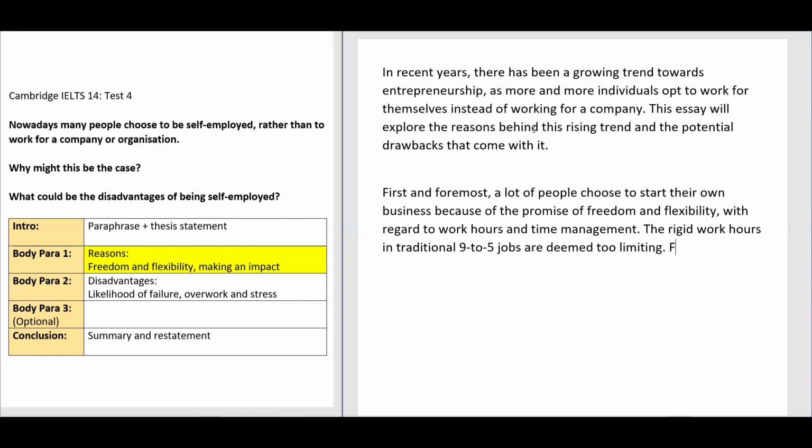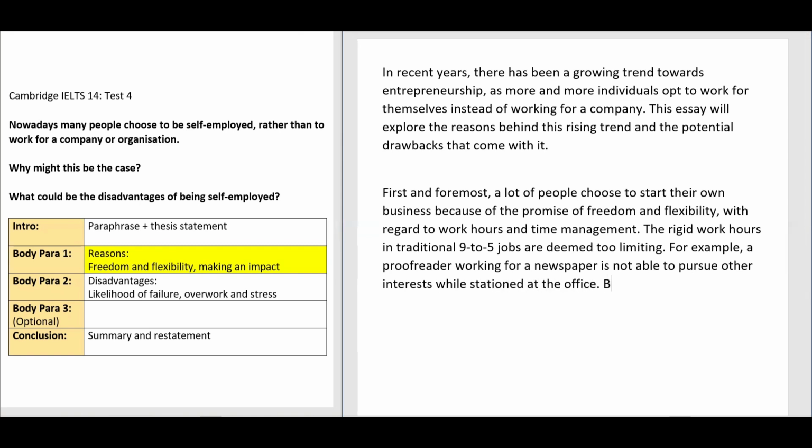So can we give an example? For example, I worked as a proofreader a long time ago for a newspaper. It was the Daily Star. So I can provide this example related to the proofreading job. For example, a proofreader working for a newspaper is not able to pursue other interests while stationed at the office. But,